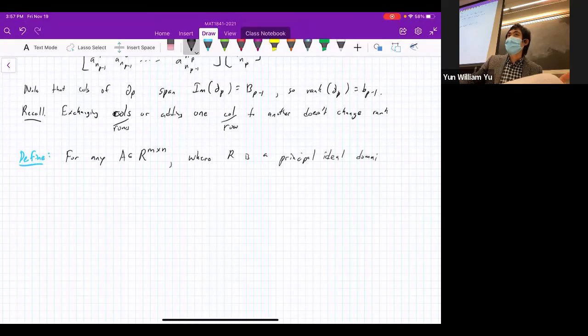So this is the Smith normal form, which is defined more generally for principal ideal domains. It's obviously defined for fields. We care about it mostly in the context of fields, but occasionally you'll care about this in other contexts. Where R is the principal ideal domain, there exists